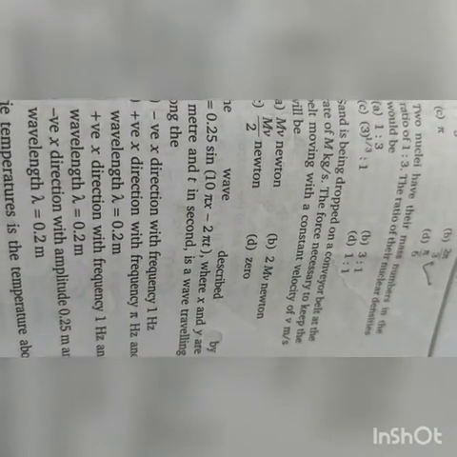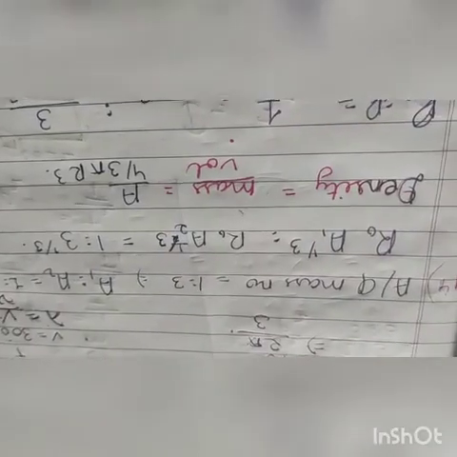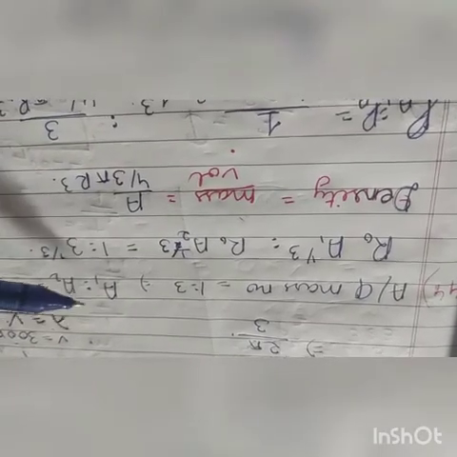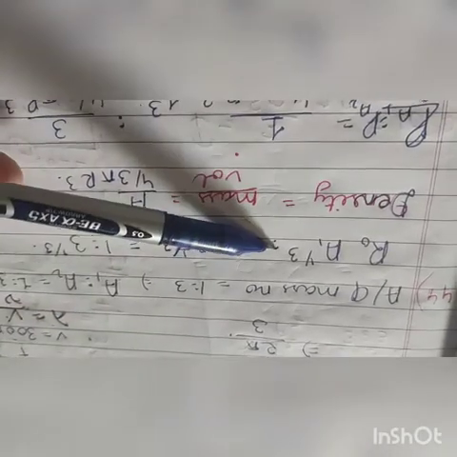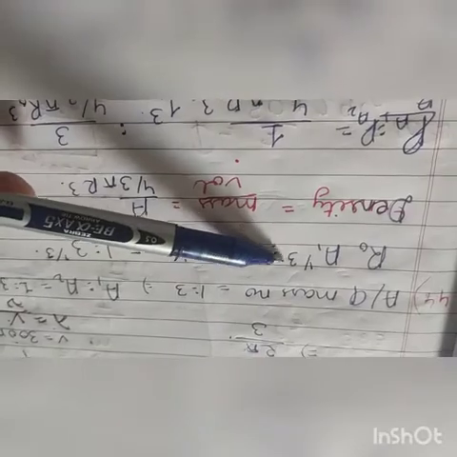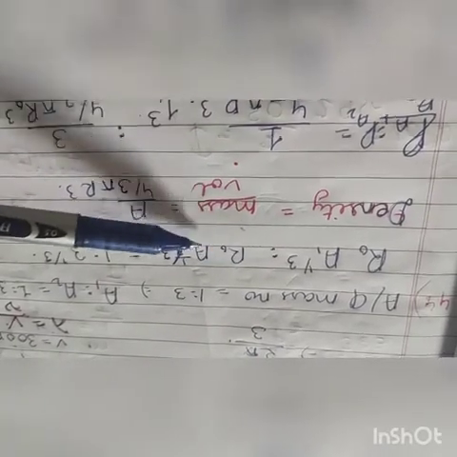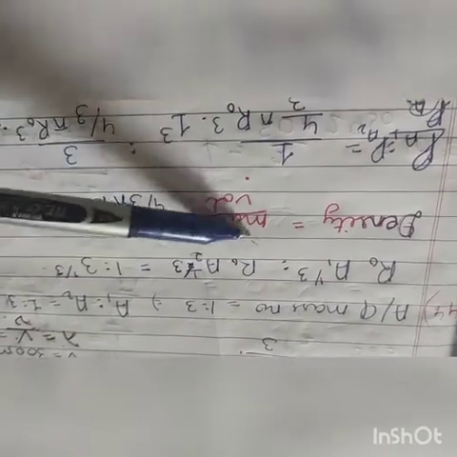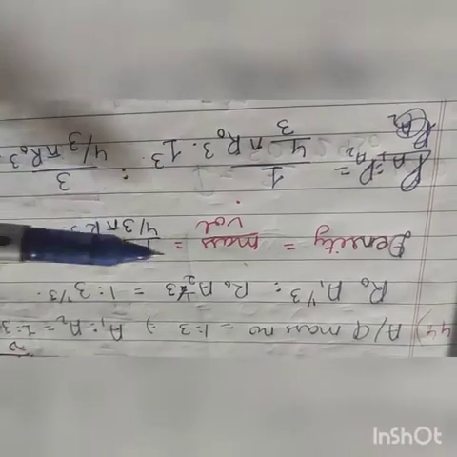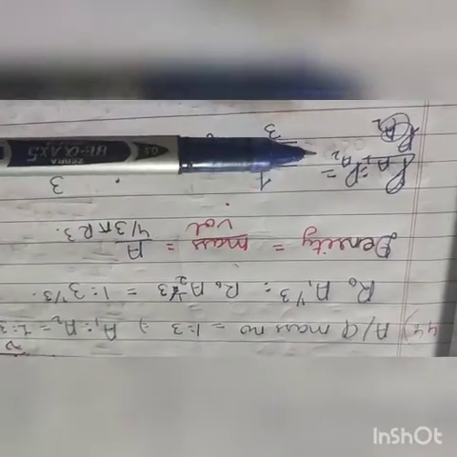Now the next question. Two nuclei have their mass number in the ratio of 1:3. The ratio of their nuclear densities would be. So according to the question, mass number given is 1:3. So A1 is to A2 is equal to 1:3. So here is the formula, R0 A1 to the power 1 by 3 is to R0 A2 to the power 1 by 3, is equal to (1:3) to the power 1 by 3. So density we know is mass by volume. So here we will just put the values, and rho 1 is to rho 2, the density, we will get 1:1.